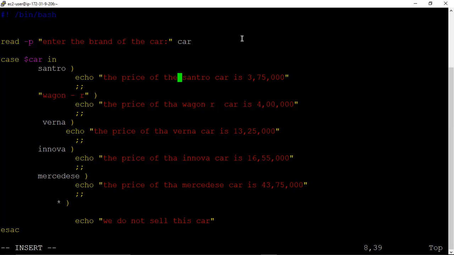So we are selling only these 5 cars. After that we write asterisk symbol. That means when your car is not entered Santro, WagonR, Verna, Innova, Mercedes, this action will take place.